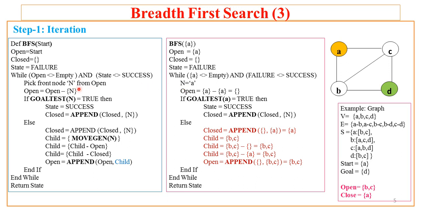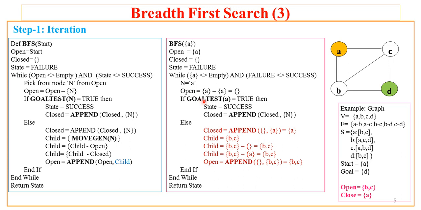That means we are assuming that our first node n is nothing but the A, that is the given starting node. Then it removes that node. So focus here, this step I am pointing to in the algorithm. So this open is taken, and from that whatever is picked, that is the node n, that is removed. So we'll remove the node A from the open. As there is only one node in the open, open becomes empty here.